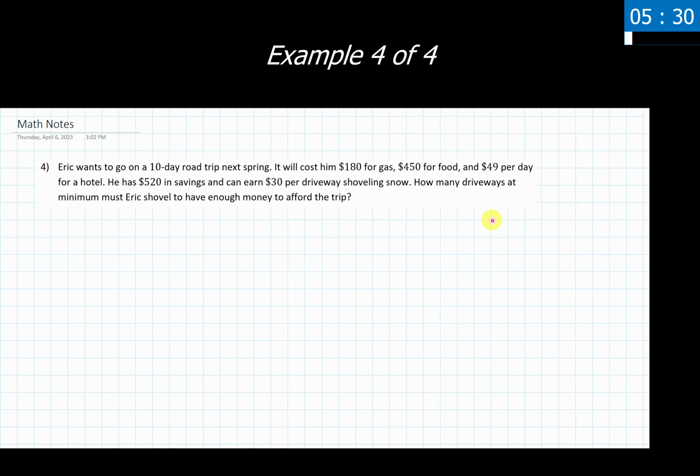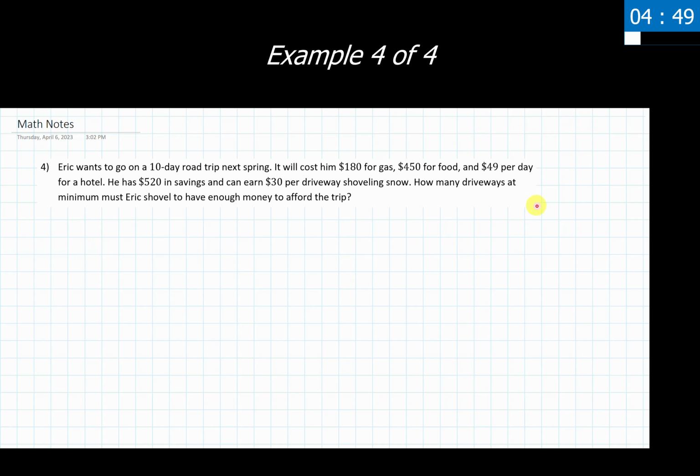Now we've got some similarities between this problem and example 3, where we have some amount of money coming in or money that he's earned, and then we have costs showing up as well, or expenses, another way you can think on this too. The difference is we are not exactly told what the direct and specific outcome is that we're looking for. We know that we want to be able to have enough money to afford the trip, but we don't know, and the problem hasn't told us exactly or directly what that amount is. We need to figure out what numbers could be useful in helping us figure that out.